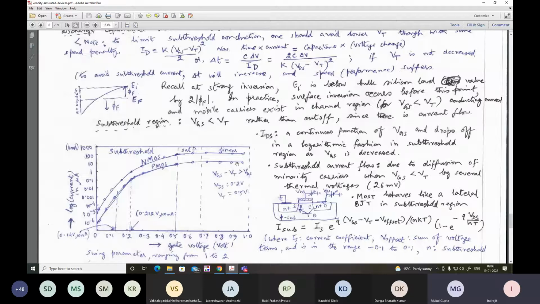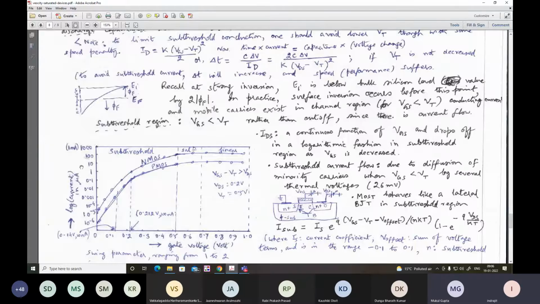This small value of VDS, I don't know what it is used for, probably for experimental purposes. Okay, so here the gate to source voltage is incrementally increased more and more. It is probably to have better experimental data for the subthreshold region. That's why VGS is incrementally brought up. So even below VT, appreciable current takes place. You can see how much it is, in the microampere range.